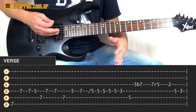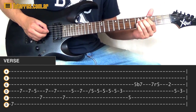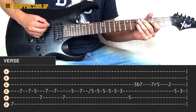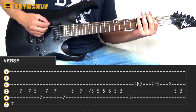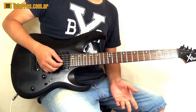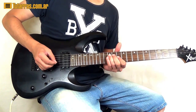Let's go one more time, the whole riff. And we start again. Okay, within the song there are 4 different solos. The first one we're going to do